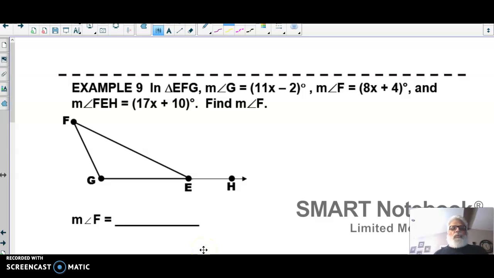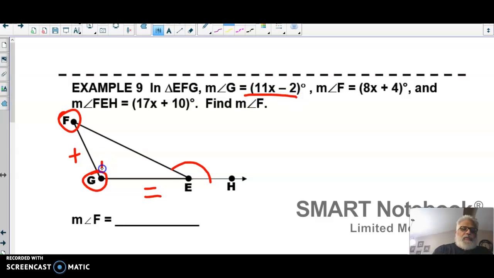Okay, in this example, we're going to use the triangle exterior angle theorem to solve for the exterior angle. We're going to find the variable x and then plug it back in and find the angle. So we have an exterior angle right here, and what we're trying to teach y'all is that the two exterior angles, which would be G and F, add up to equal this outside angle. In this particular problem, it tells me that angle G is 11x